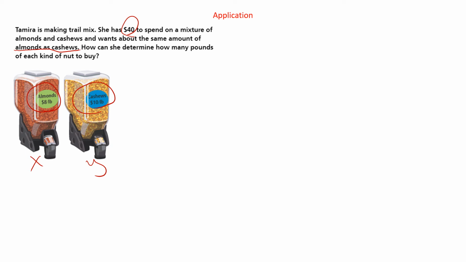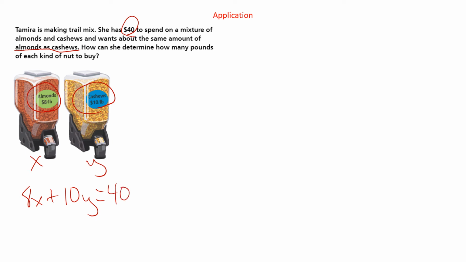Do you have it yet? Last chance to pause if you need it. All right, well, let's take a look. So we have $8 times the amount of almonds. So that's going to be 8x plus $10 times the amount of cashews, 10y, and that's going to have to